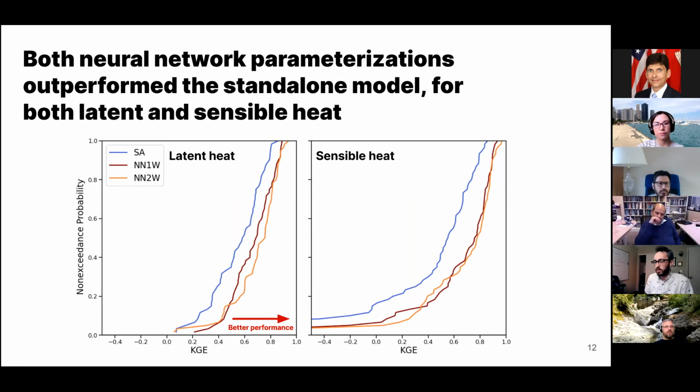Just in general, NN1W and NN2W look like they're pretty comparable in performance here. So just at the 30-minute time scale, it seems that they're both kind of equivalent. You can kind of see in the latent heat that there's a little bit higher performance on average with NN2W. And so we looked at this over a bunch of different time scales, and I'm going to omit that portion. But if you look over the long time, over the entire simulation period,